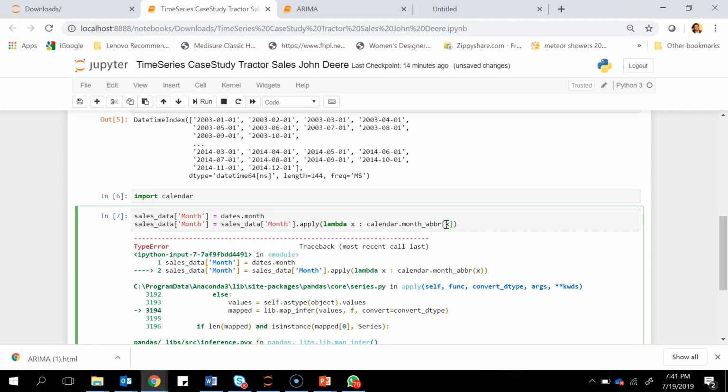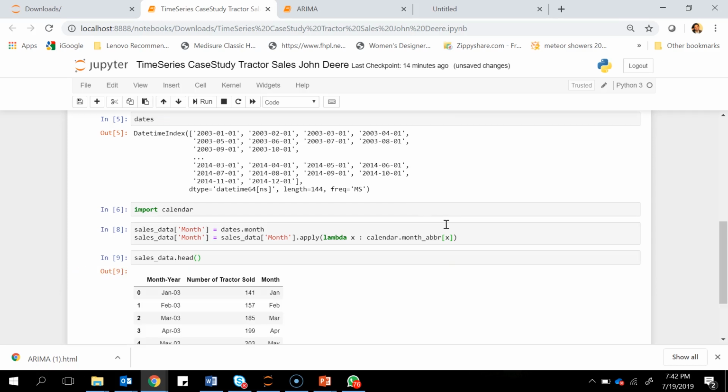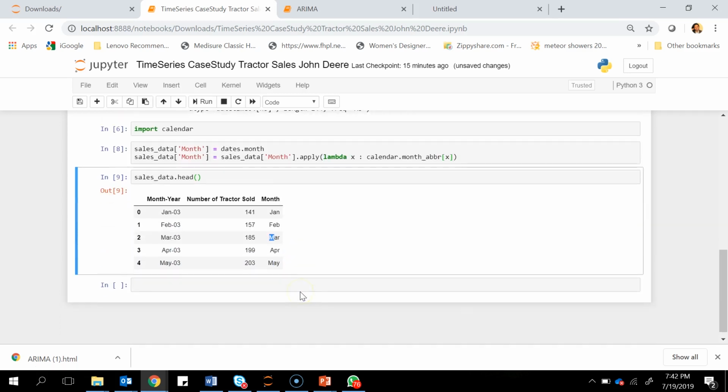So this is not a function, right? It's basically from calendar we are importing the month_abbr attribute and applying it to all these values. So let's look at sales data again. Right, so we have Jan, so month is Jan, Feb, March, because we have taken the data and just applied the abbreviation on it.